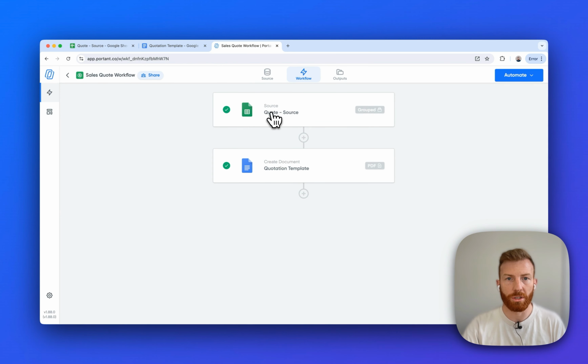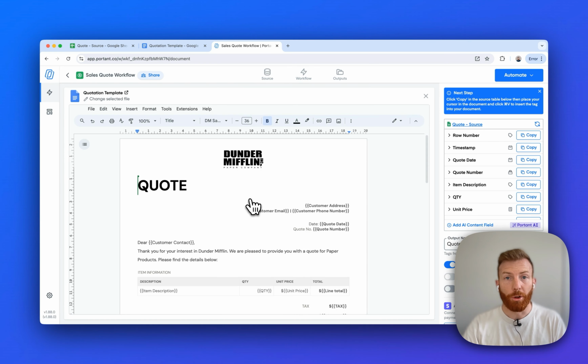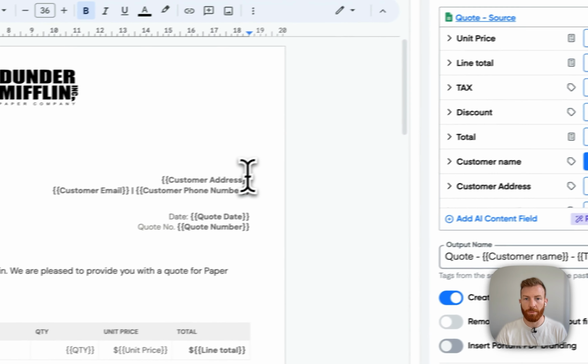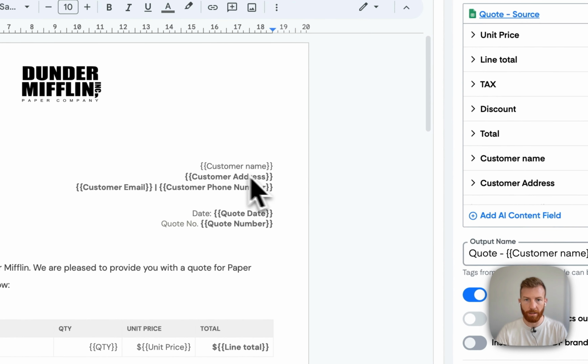So I've got this quote, the same workbook I just showed you, and then I've got the Google Doc template as well. Now, if we want to insert information from our Google Sheet automatically into this Google document, you can see that we have the Google Sheets fields on the right-hand side, which we can place into our quote template. In this example, I'm going to copy the customer name, put my cursor in the document, paste it in,